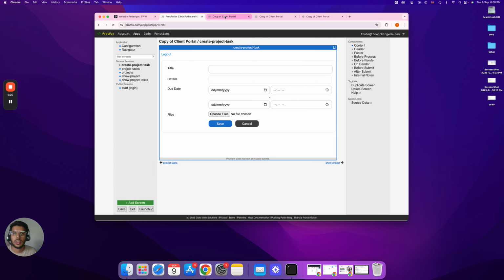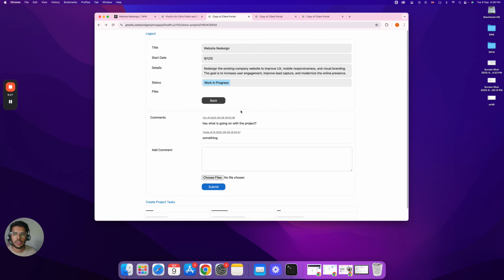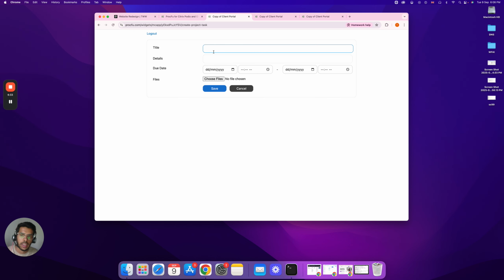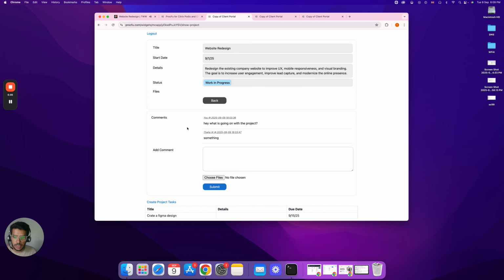Save it. Now if I refresh here, the client has the option to create a new project task. So let's say our client is saying, hey, I need to do XYZ about something, and here's the details, and here's the due date, and then they can save it. So if you go back, you can see that